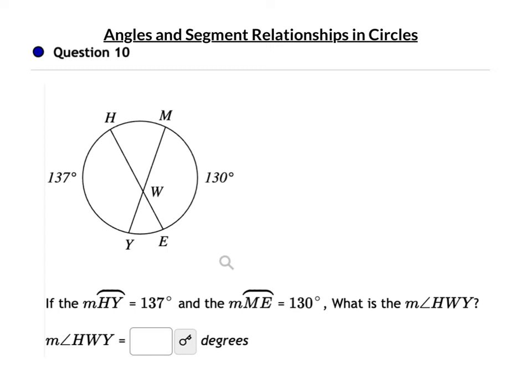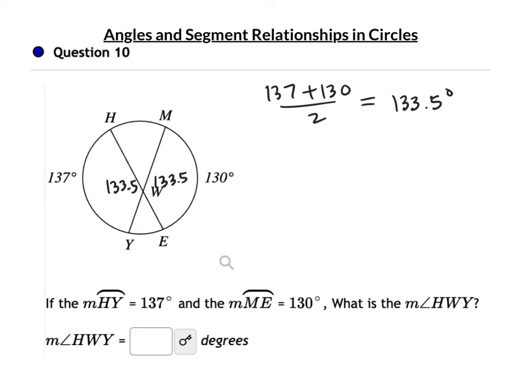Question 10. Two chords intersect here. The angle formed is the average of the two arcs. That's this angle or that angle, the arcs that are intercepted. 137 plus 130 divided by 2 will be what those two angles are. This ends up being 133.5 degrees. We'll erase this and put that in there. 133.5,